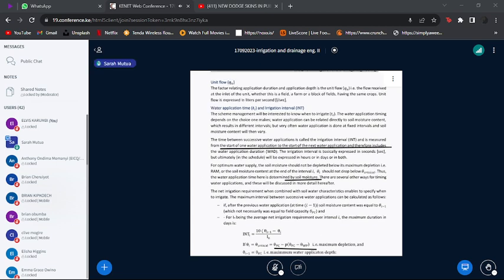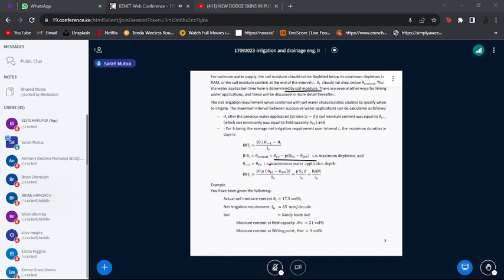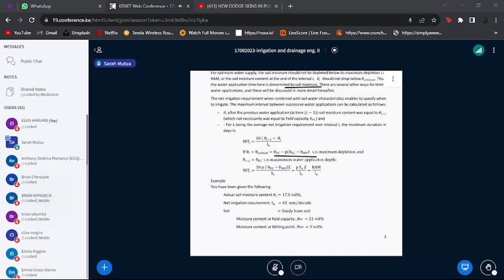But first, let us look at the basis of calculating irrigation intervals. If we have the current irrigation interval being I, or the current time being I, and the previous water application time being I minus 1, then the moisture content during that previous time will be